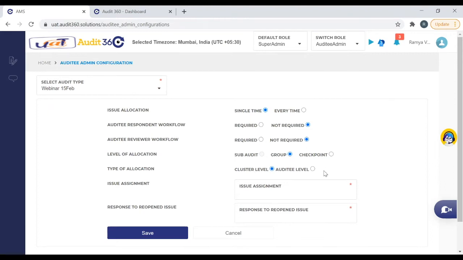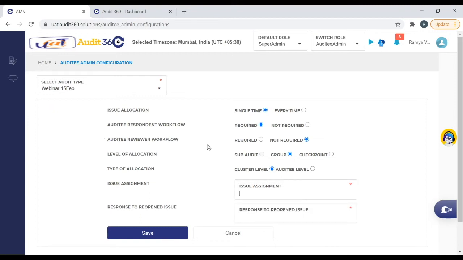Still, if you have multiple auditees in the same organization where you want the issue to be allocated between the auditees, you will be able to do an issue assignment to the auditee as well. Now let us take an example that we do not have an auditee reviewer, but we have an auditee respondent. Then in the issue assignment, I will get auditee and respondent both.